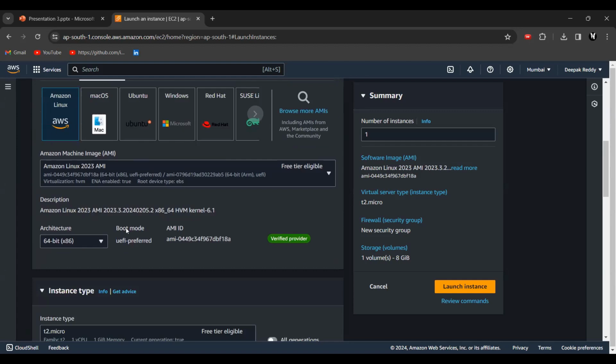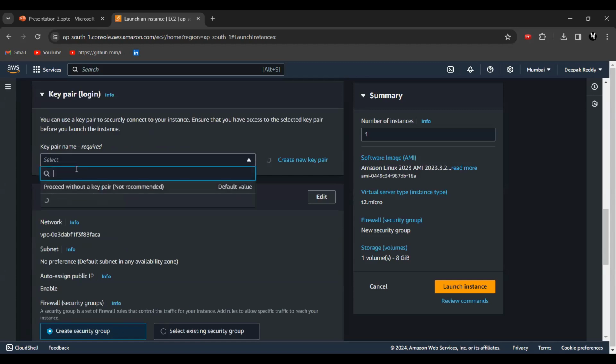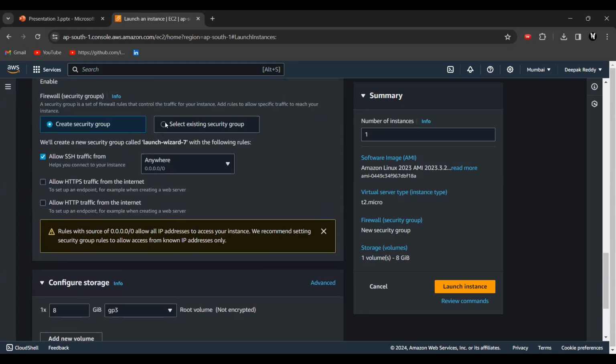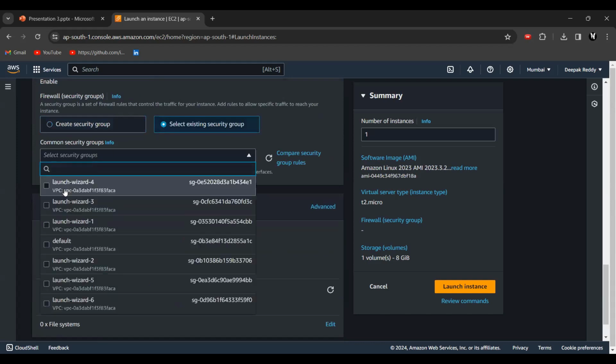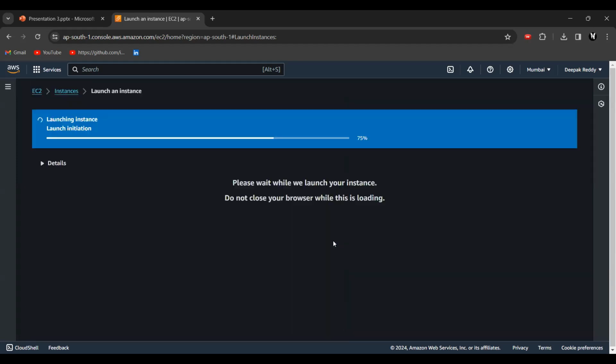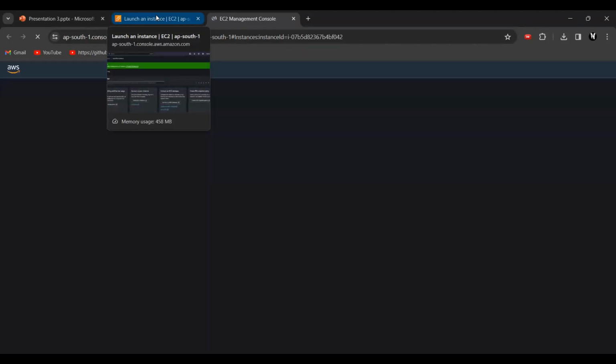This is Amazon Linux, and you are selecting a T2 micro. Even you can see that if I click on launch instance, the time taken to launch this instance is a bare minimum of around 2 minutes.